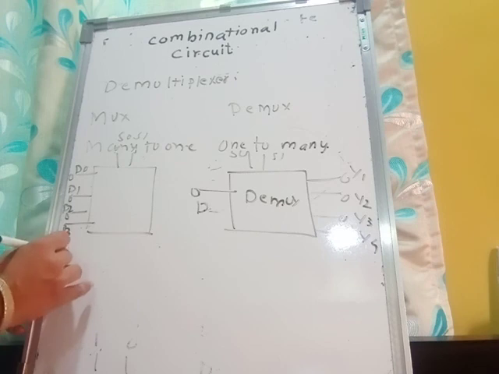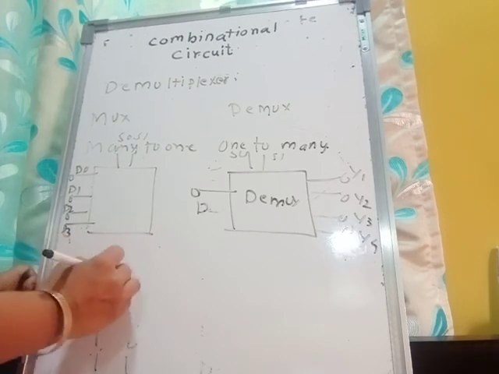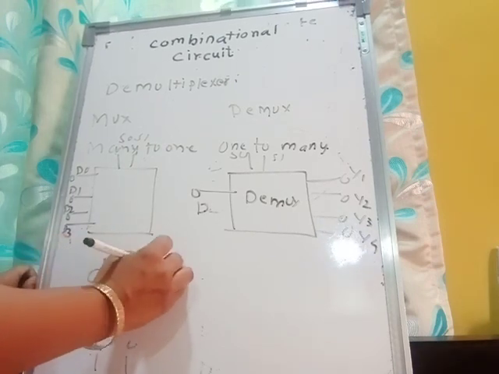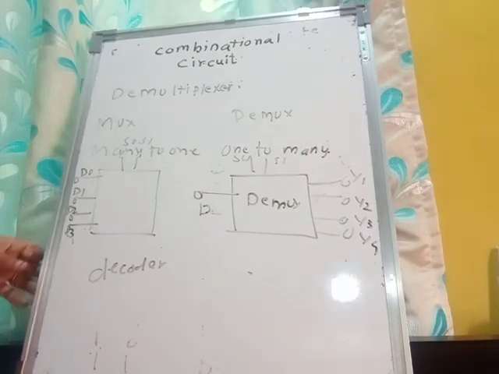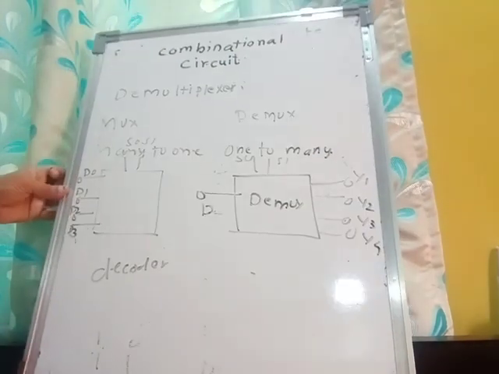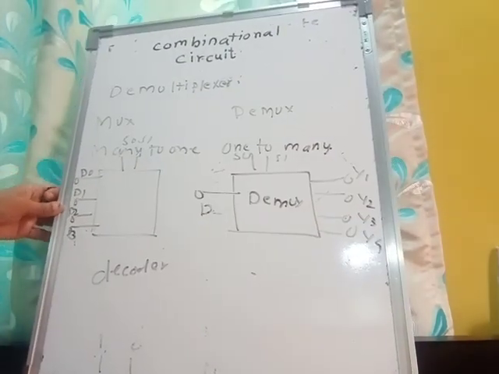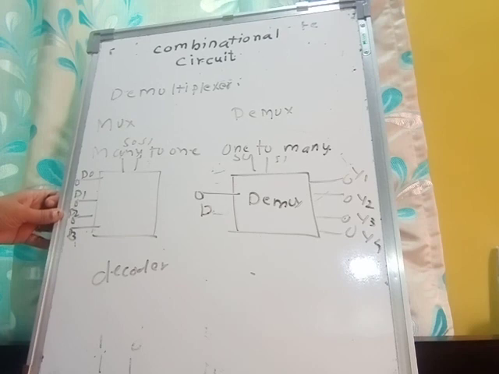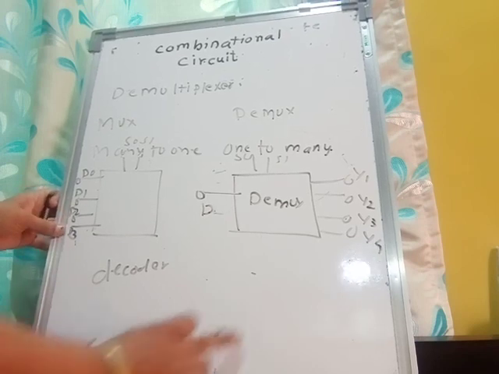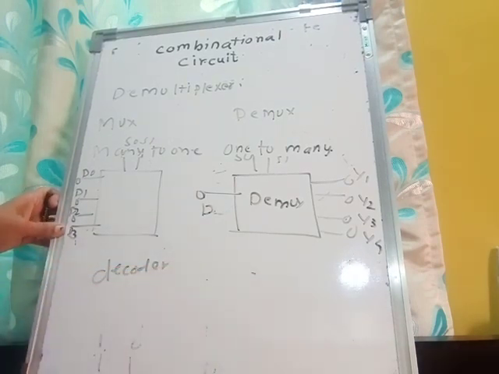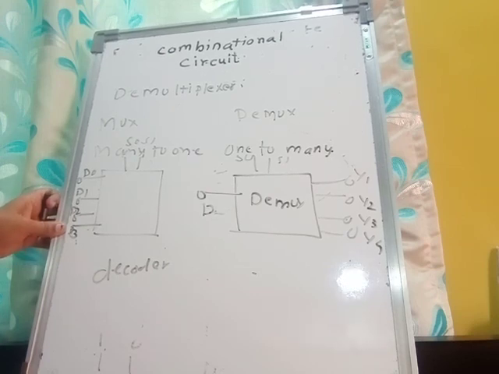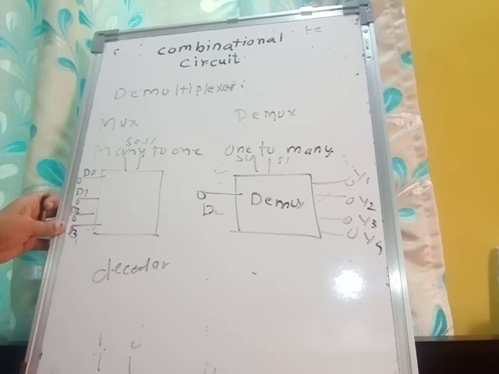So it cannot be used as a decoder. हे decoder म्हणून आपण use करत नाही, but it is used as a decoder. Then it requires OR gate in the output and it has many output OR gates. Okay, so this is the multiplexer and demultiplexer, and we have the difference also.